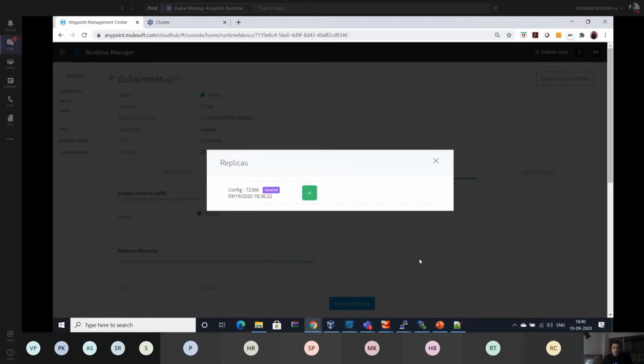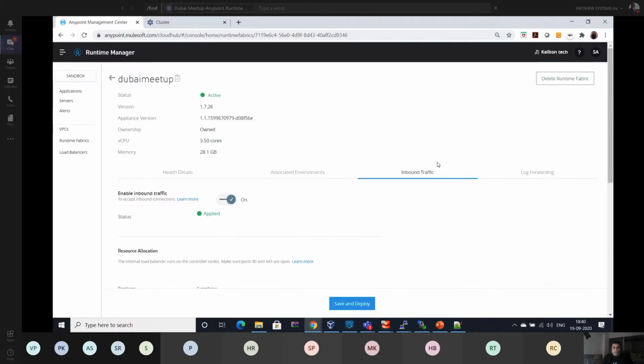There's no other interaction needed while managing the platform. Apart from that, we have some restrictions for applications using connectors, like Object Store, which is not supported in Runtime Fabric. It is a containerized application, and whenever we deploy, the container is destroyed and created, so Object Store V2 is definitely not supported here.